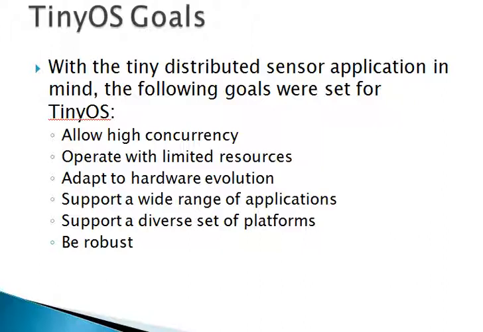Be robust. Once deployed, a sensor network must run unattended for months or years. Ideally, there should be redundancy both within a single system and across the network of sensors. However, both types of redundancy require additional resources. One software characteristic that can improve robustness is to use highly modular, standardized software components.